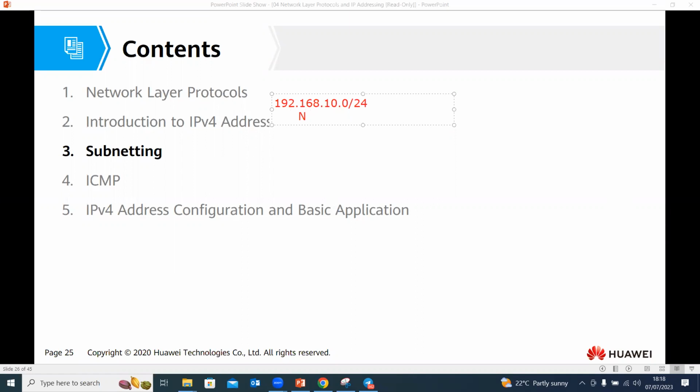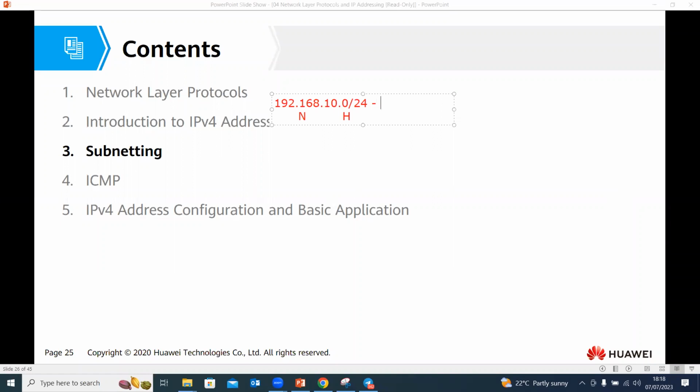I told you that slash 24 means 8 multiplied by 3, with 8 bits in each octet, because there are 4 octets. So this is a slash 24, meaning from here to this side is the network part, and the host part starts from here. If you are a network engineer given this network to assign to a company,